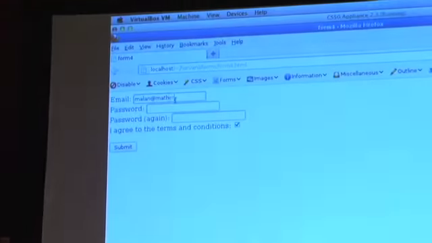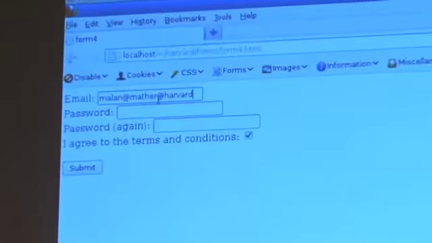Now, of course, this is not perfect, because this would allow the user to do crazy things like my name is Malan@Mather@Harvard, right? You could do some crazy things so long as it ultimately ends in .edu. But there are more rigorous regular expressions you can use. And frankly, the patterns get so long and complex, generally you would then start using a library, someone else's code who has figured out all of the nuances of possible email addresses in order to validate them.